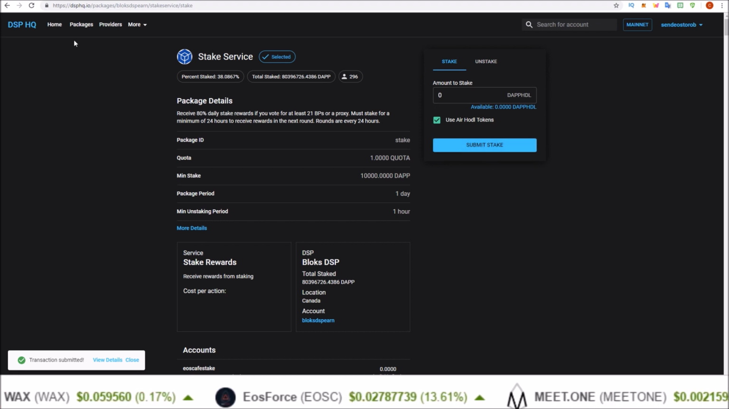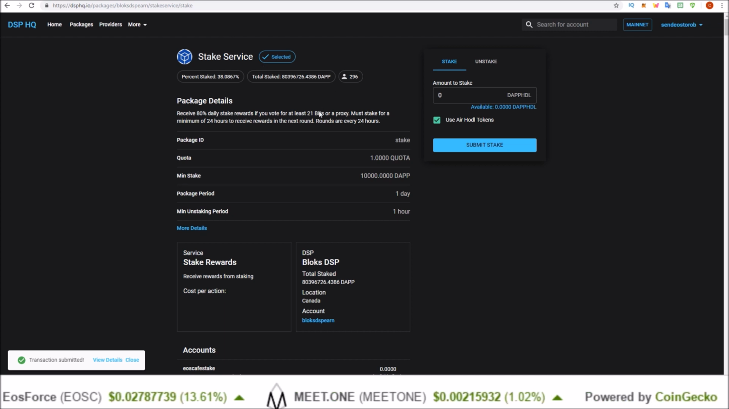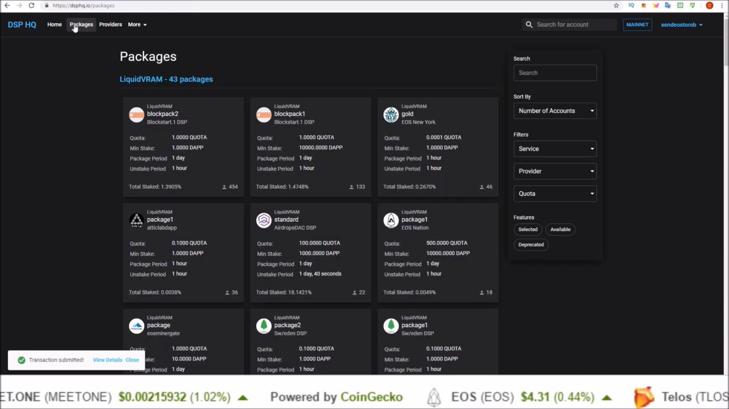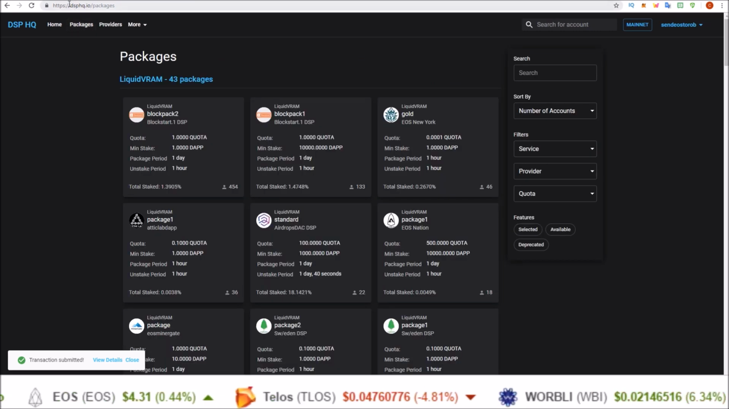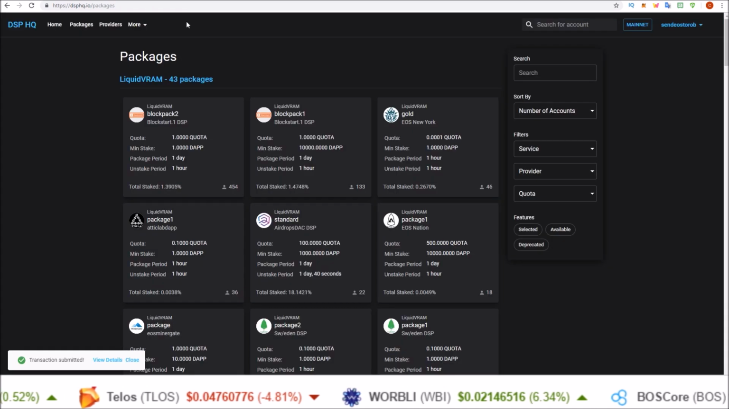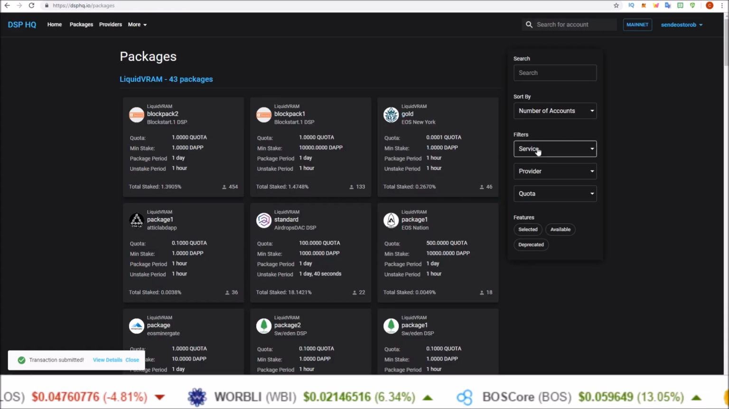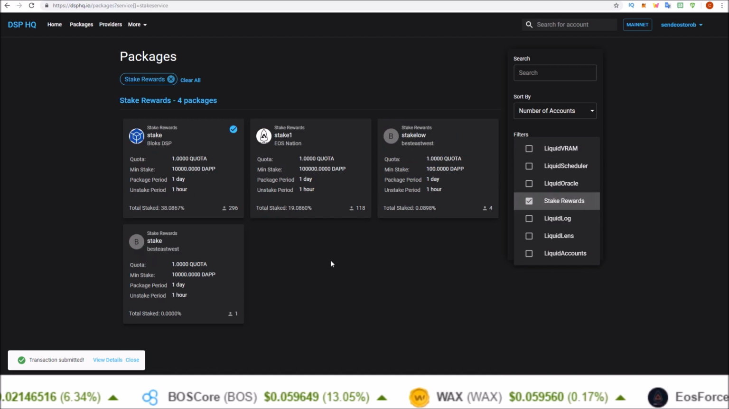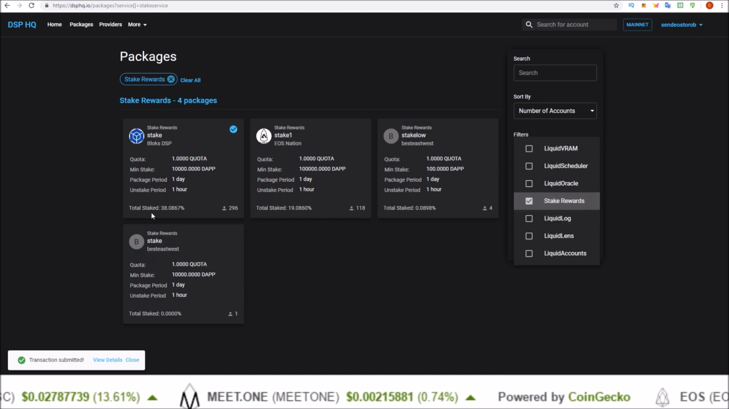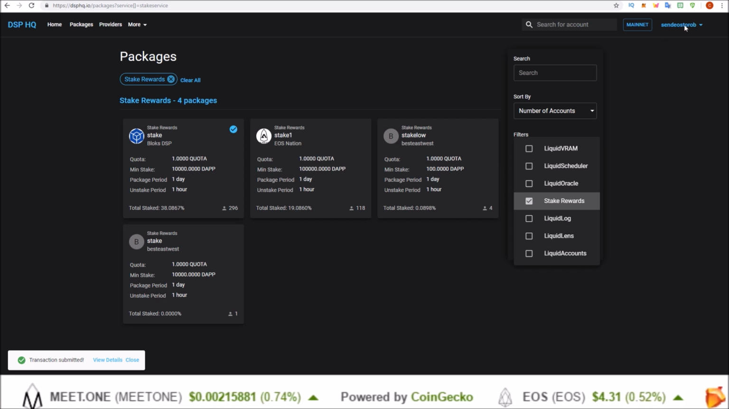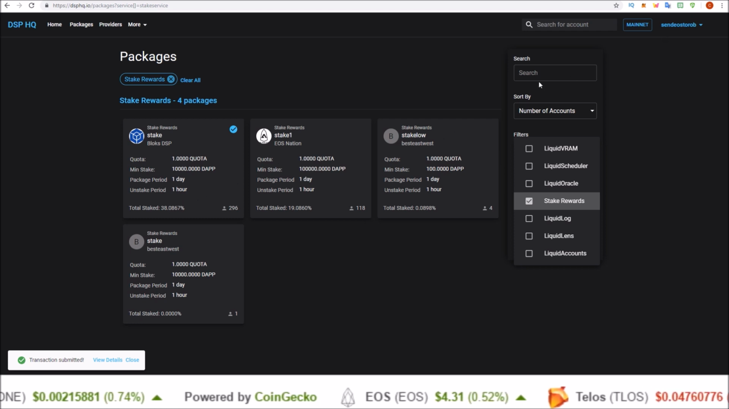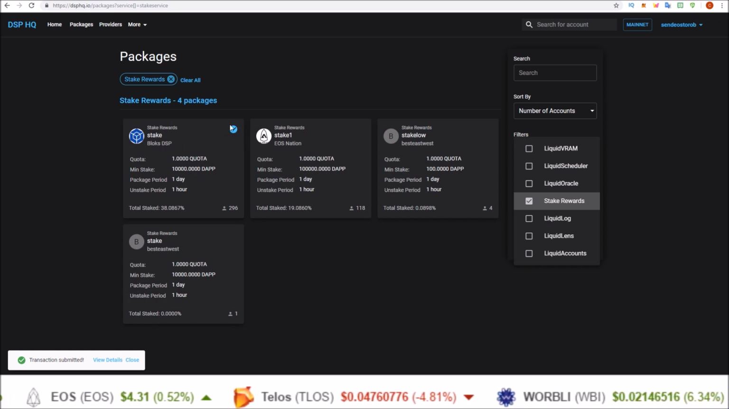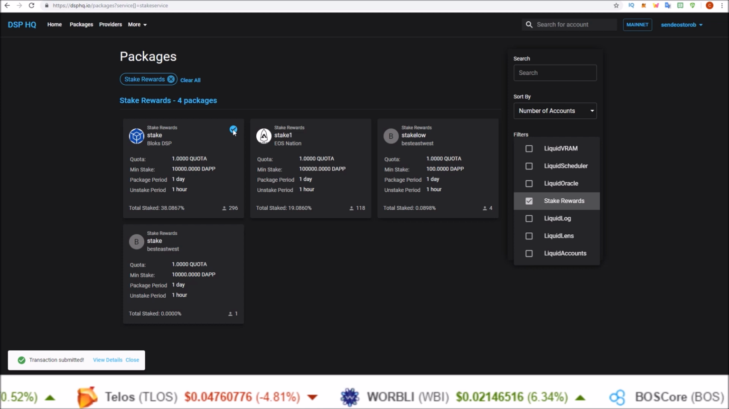These new interfaces make it a lot easier to stake your tokens and make you aware of which packages actually offer staking rewards. On both the EOS Nation and DSP HQ, you just filter to the service you want staking rewards. There are 4 available at this point. Oh, and something I didn't notice before. Now I am logged in with Scatter here, and now that I do have tokens staked to this package, there's this little check mark here letting me know that I have tokens staked to that package. So that's nice on the